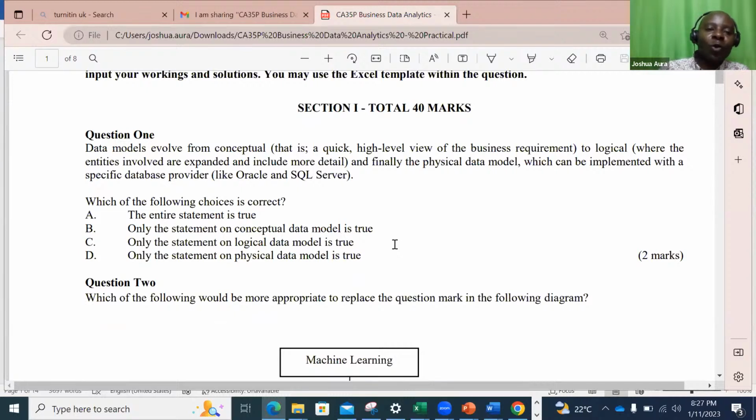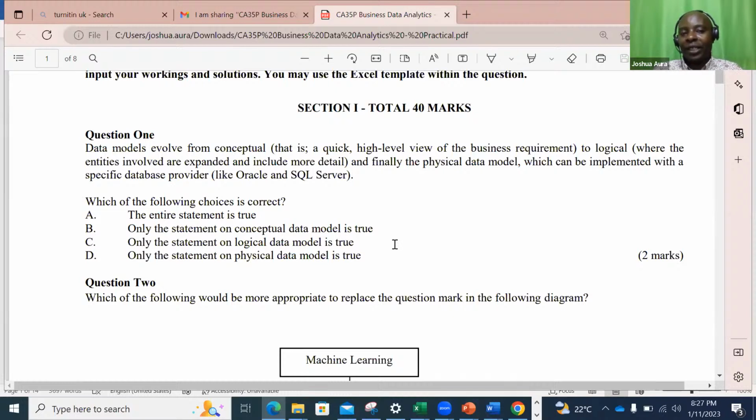Data models evolve from conceptual. A data model. If, for example, you want to make use of the population statistics in Kenya, which is divided into various demographics. We have women, men, the youth, disabled, various categories. So for you to be able to make use of this kind of population model to do predictions like how many Kenyans we will have in the year, say 2040, you'll have to look at the population growth patterns, etc., and then